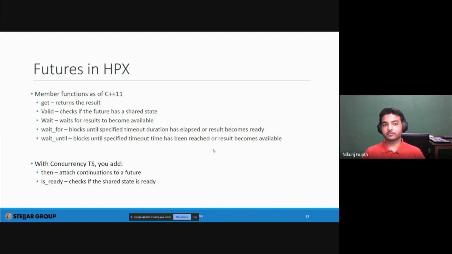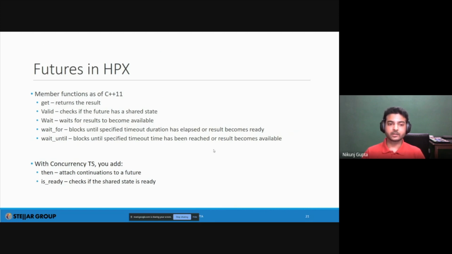As I said previously, answering a question, you can think of an async as a task running on a thread and having a shared state. So valid simply checks if you have a shared state or not. If you do not have a shared state, then you cannot do a lot of other stuff like get. Wait waits for the results to be available. Wait for waits for a certain time or duration.